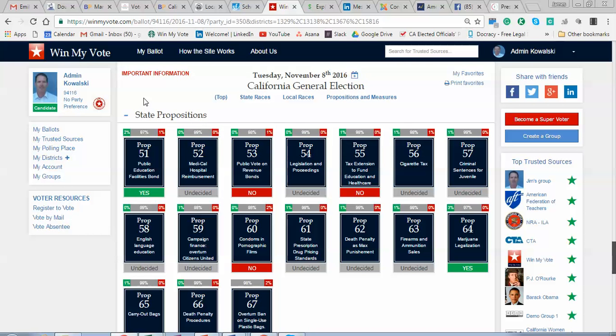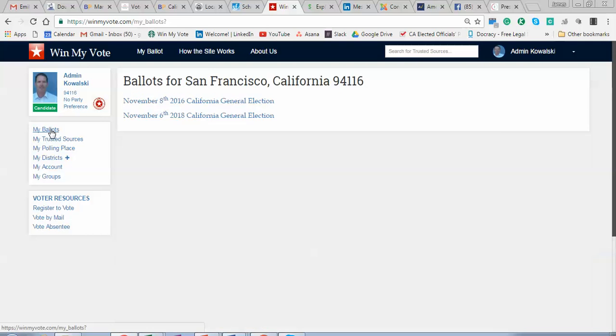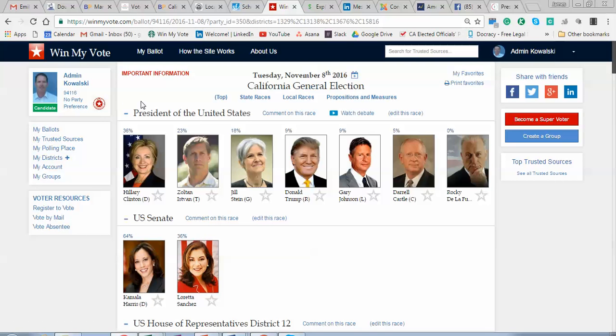So it really becomes a way for the voter to sign up once, and it's totally free for voters, and say, okay, great, this is where I'm going to go to learn about all the different things. And then one thing that would work really well with you guys is that we have what are called trusted sources. And these are groups and organizations and individuals that you trust. So you click on them and you favorite them, and you say, I want to see who Sarah Silverman is endorsing, as well as the Sierra Club and SEIU, etc. And when I'm on my ballot and I click a candidate here,